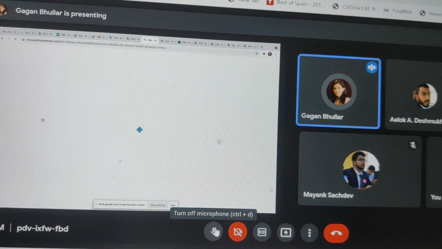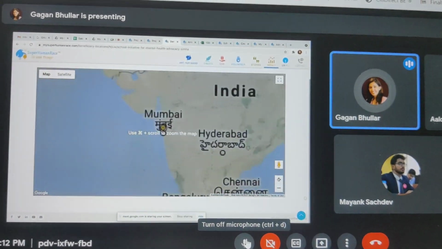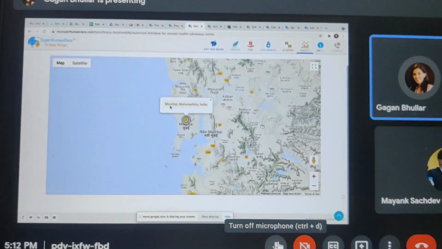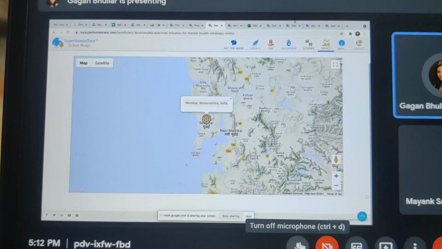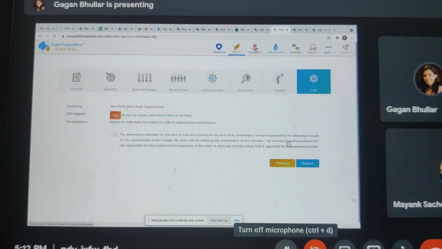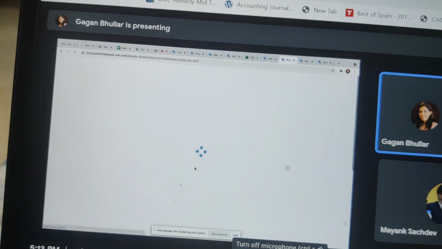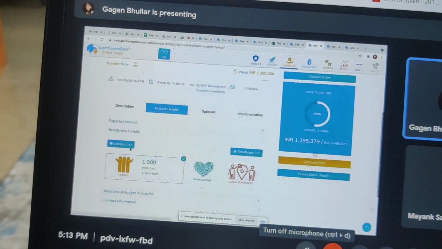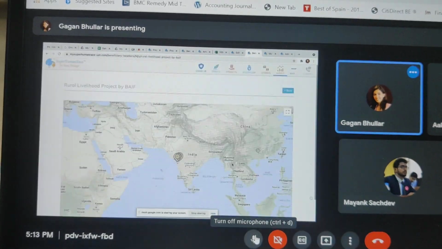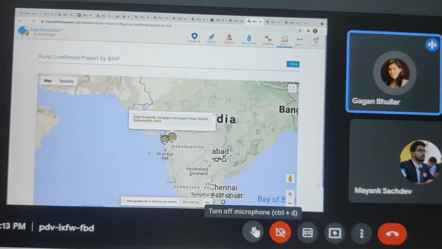So the true remote monitoring actually allows partners to take 360-degree views of their location. So again, an exact GPS location is mapped here and they've done it. So these people have entered Mumbai, Maharashtra, India. But I think on the project that I just entered on UAT, I had an exact location, Sula Vineyards. So I don't know if Sula has a 360-degree view or not. So here you can see where the exact location is marked.